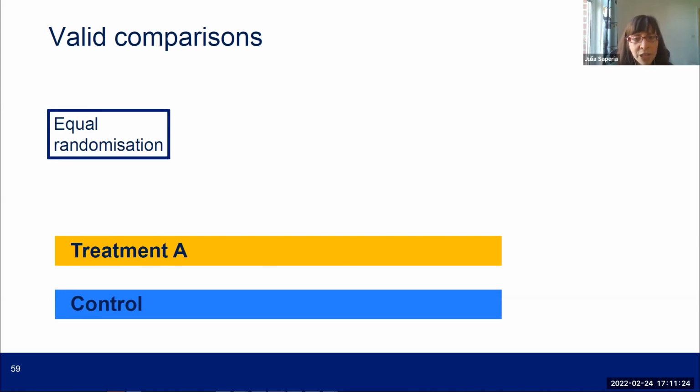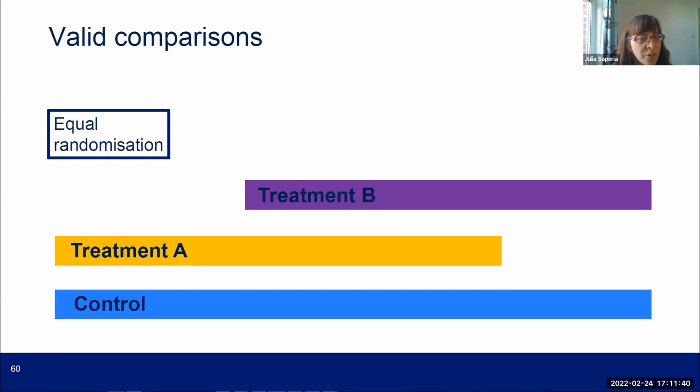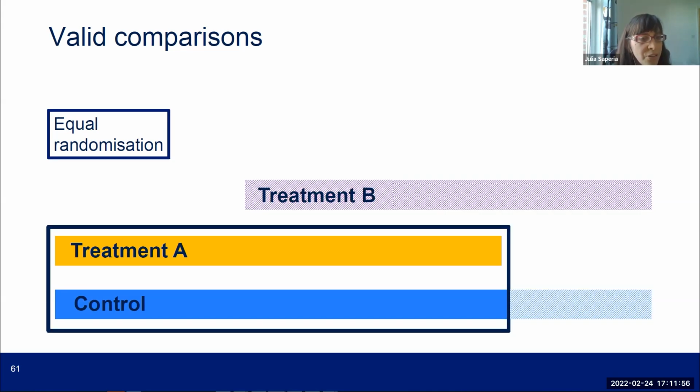There's nothing earth-shattering here. I'm just reiterating really what Andrew and Daniel have already said, and showing you another picture of a platform trial. We're going to end up having 2 treatments in this platform trial, and obviously the controls carry on. You carry on recruiting control patients to the control arm throughout the duration of the trial. You have equal randomization, and these are the comparisons that we have.